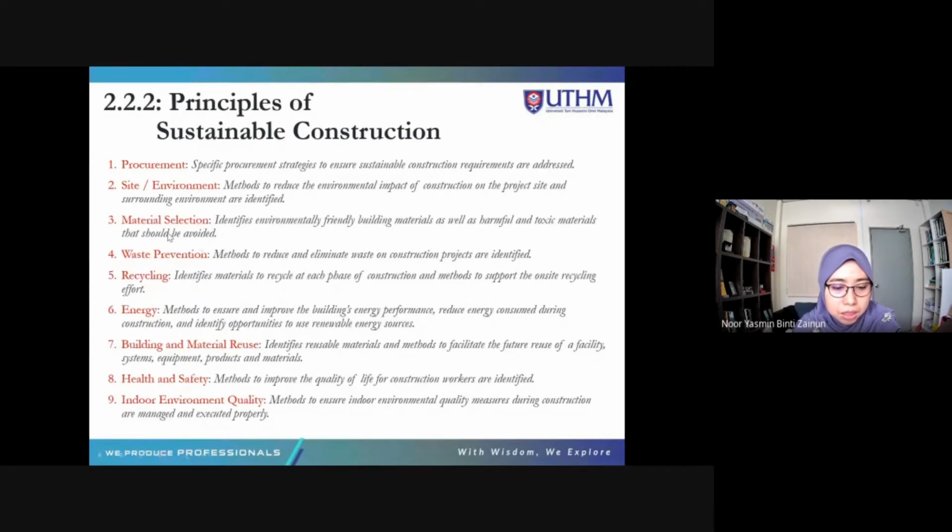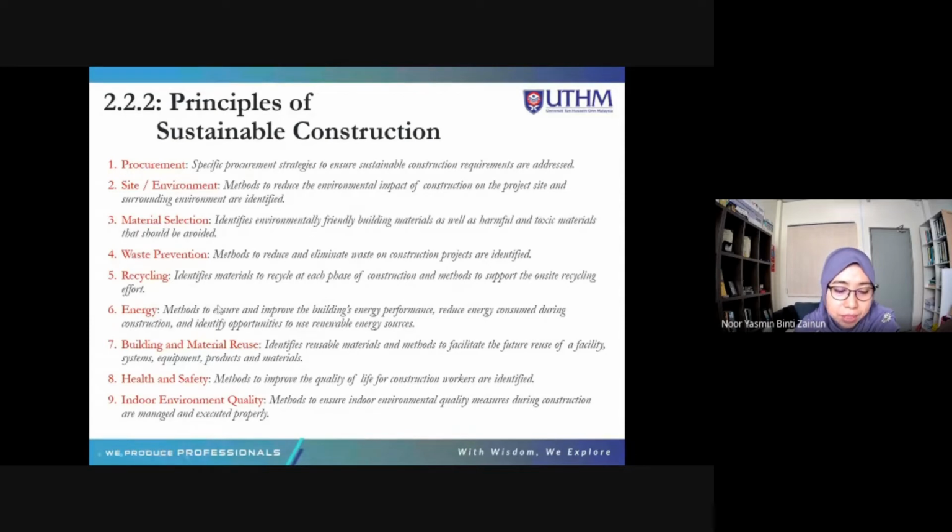During material selection, we need to identify environmentally friendly building materials, as well as harmful and toxic materials that should be avoided. In waste prevention, methods to reduce and eliminate waste on construction projects are identified. For recycling, we need to identify materials to recycle at each phase of construction, and methods to support the on-site recycling